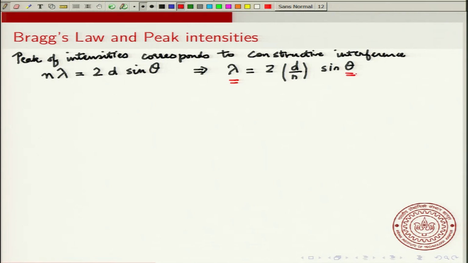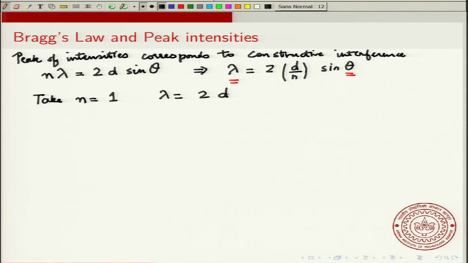you know the θ. Okay. So you can determine the distance between planes up to this n factor. Now, what is done is usually we take n equal to 1, and this does not change anything. I mean, if you think, n equal to 2 will just mean a d spacing of half of n equal to 1. So we can just take n equal to 1, and that will give you the relation λ